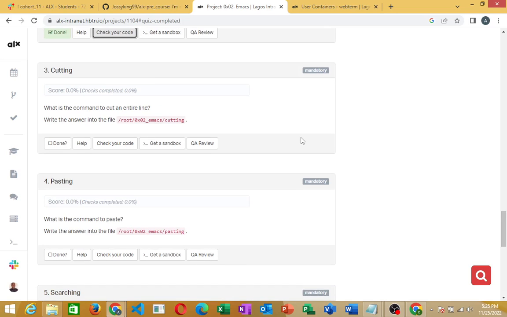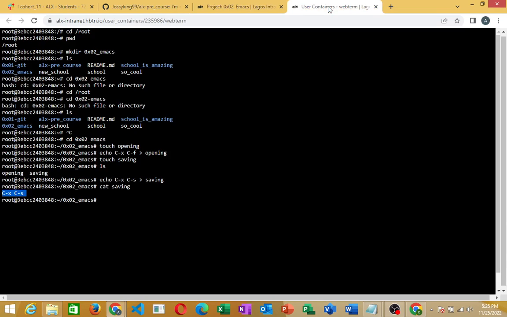That will be task 3, which is cutting. What is the command to cut an entire line? And write that into this file, cutting. Okay, so what's that command? So we'll go to our terminal. I'll touch, create the file, which is cutting. Create that file. Then after that, I'll echo